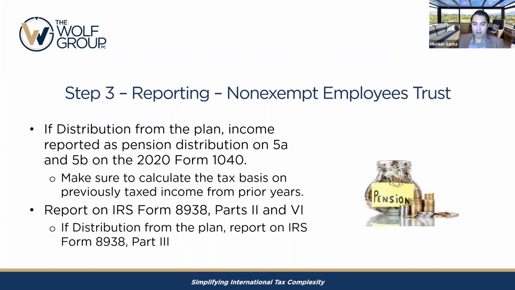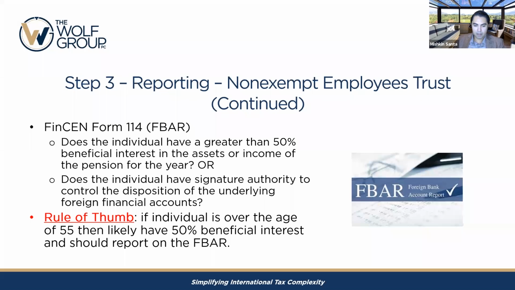The reporting of the non-exempt employees trust is going to be somewhat similar to the qualified plan. So you're going to do the 8938. You're going to report it on part 2 and part 6. If distributions, it's going to go on part 3. The only difference with the non-exempt employees trust reporting is that in some cases, I believe it needs to go onto the FBAR. The FBAR regulations that were issued in 2011 are very ambiguous about this, and they basically go